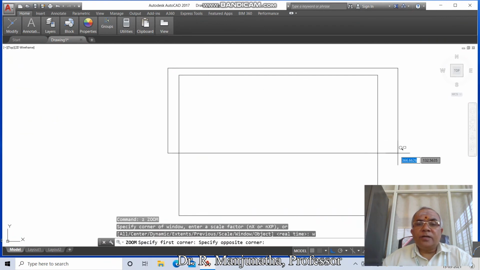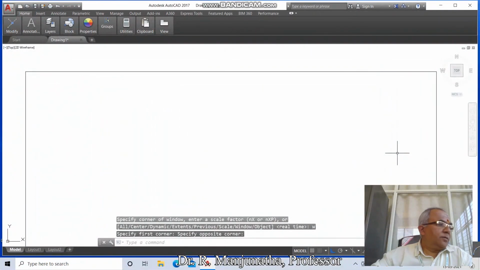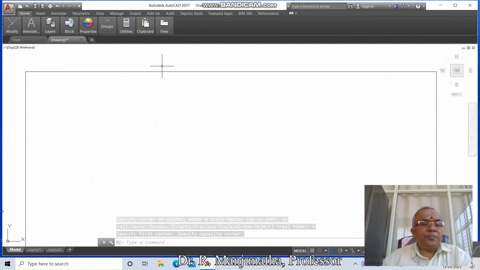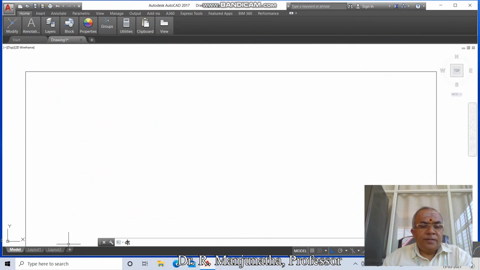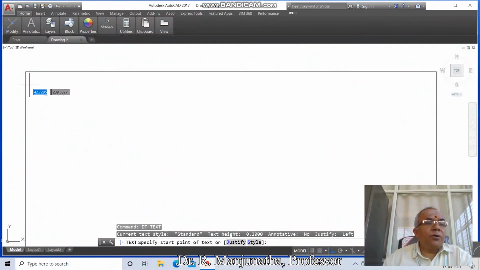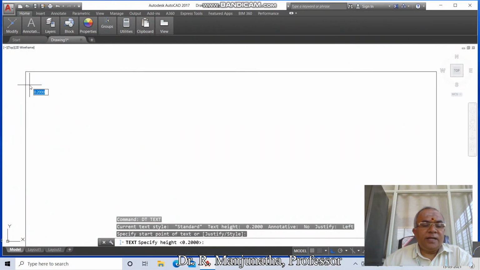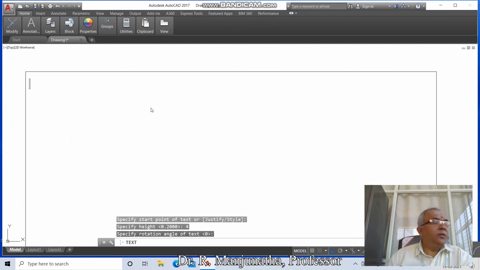Now go to dtext, specify start point, select some arbitrary point here and take the height as 4, rotation angle as 0, and type the problem number 188.